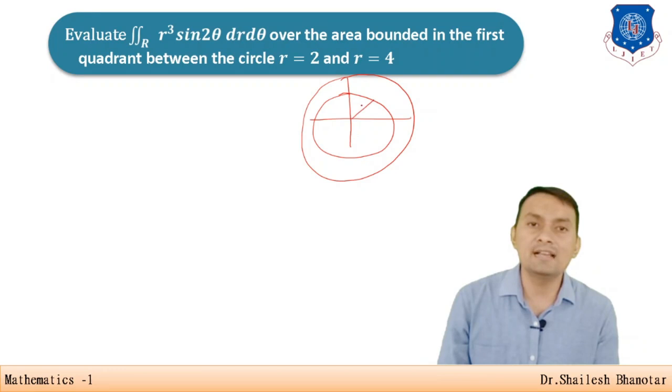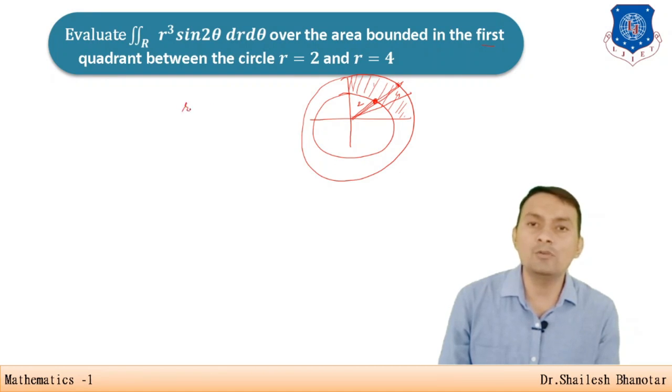So I can say this is r is equal to, and this is what exactly r is equal to. But the question says in the first quadrant between the two, that means we are interested only in this portion, and this function is nothing but r and theta. So first, whenever I consider r, I will always draw the strip starting from the origin. So I am just interested in this region, from here to this one. But it is clear that this is what exactly r is equal to.